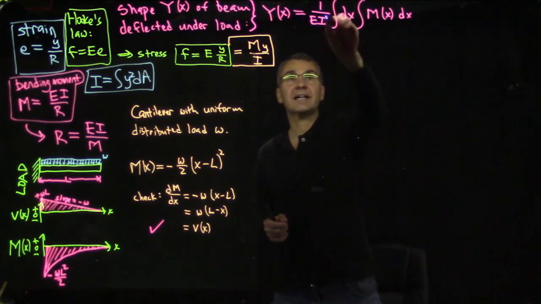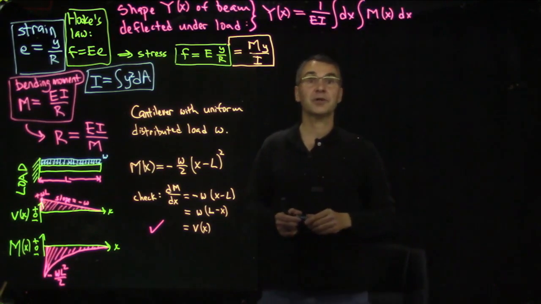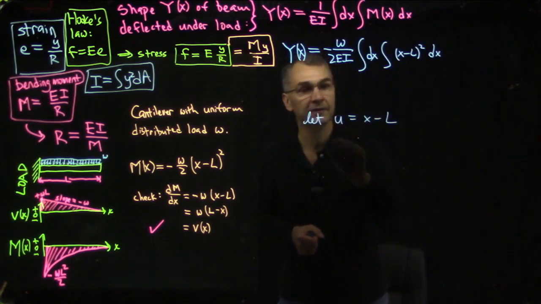That's 1 over EI. This is Young's modulus. This is the second moment of area, which Onouye calls the area moment of inertia. And we're going to integrate twice with respect to x. Here we go. So for this first integral, if we say let u equal x minus L, then we have